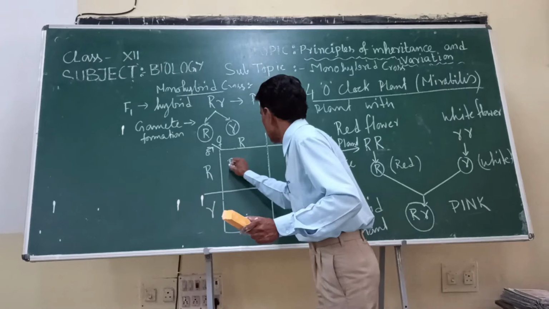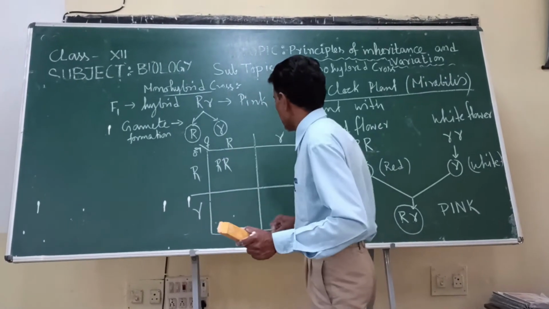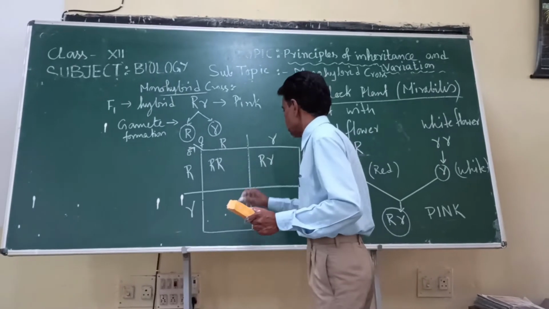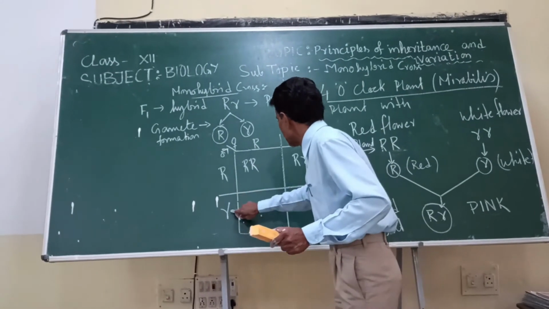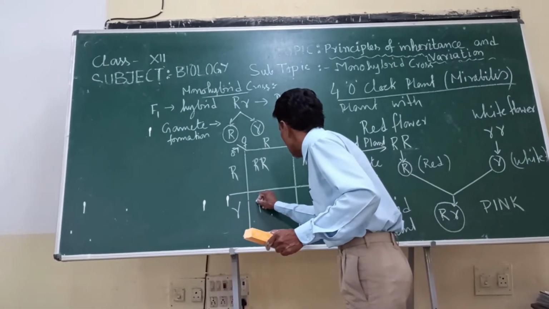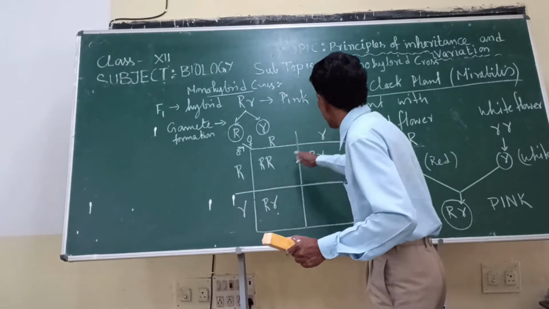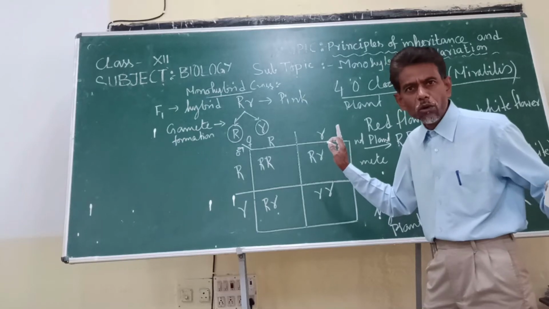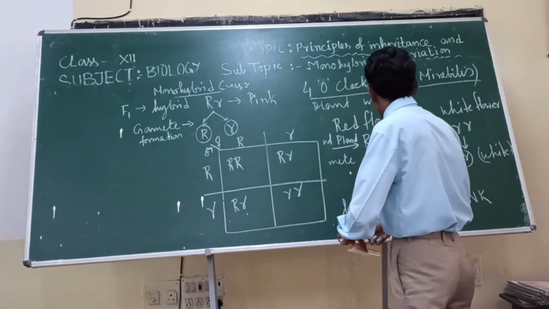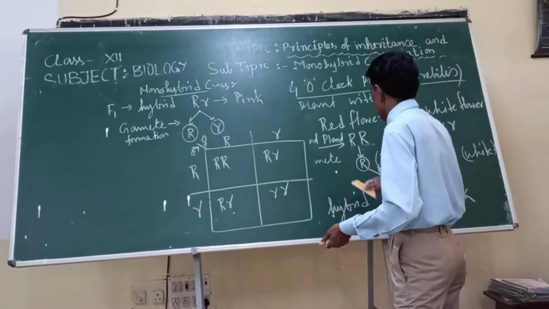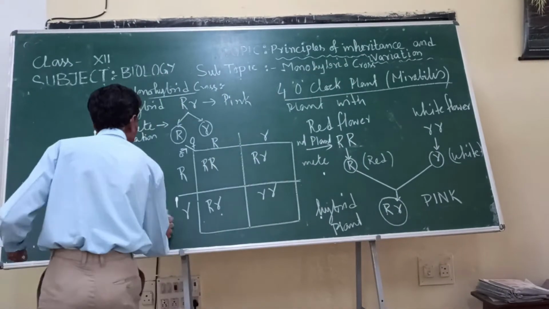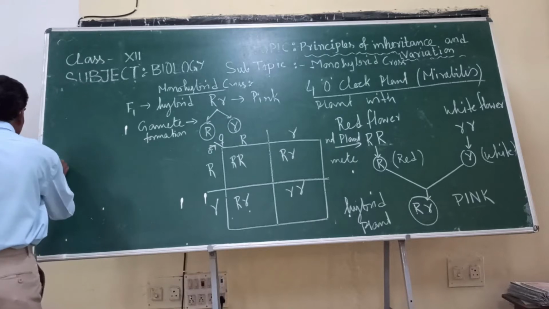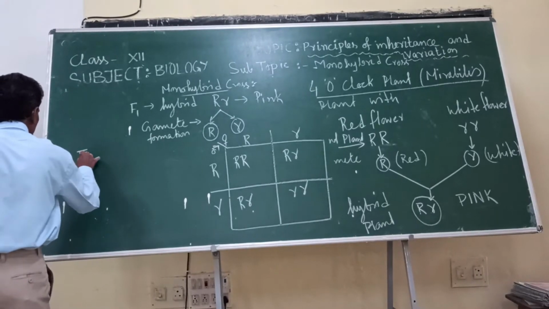Capital R, progeny is capital R, small r. Capital R, again this capital R, small r, this capital R, small r, this small r means small r. Is it very clear to you? So, what is the ratio? This is the F2 generation. So in the F2 generation,